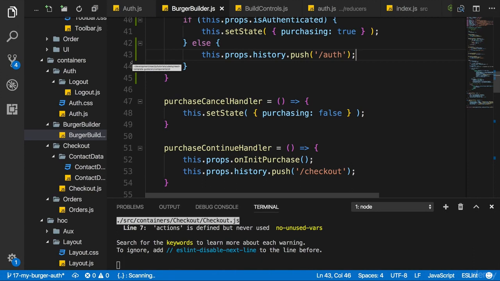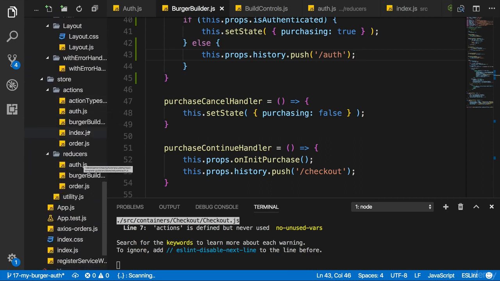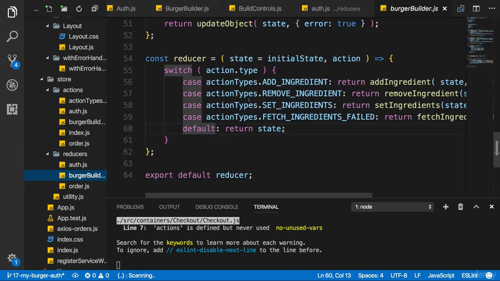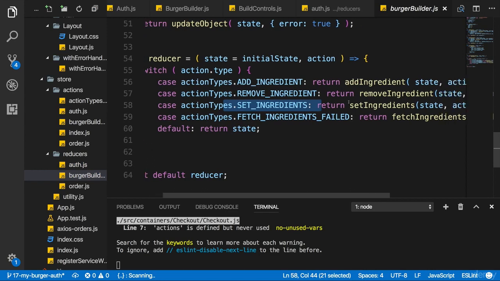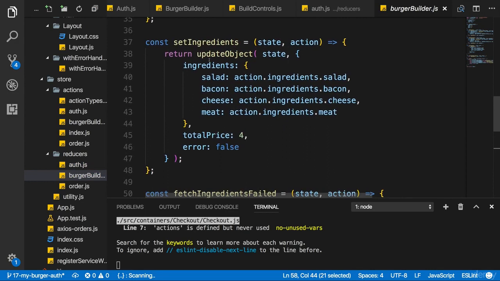One way would be to simply store some information in your Redux store. Store the information if we're currently building a burger and reset that whenever the user visits the Burger Builder page. We're kind of storing this already. Whenever in our actions or in the reducer, in the Burger Builder reducer, whenever set ingredients is caught, that means the user visited the Burger Builder, set ingredients, of course resets all ingredients by setting them to the reloaded state,